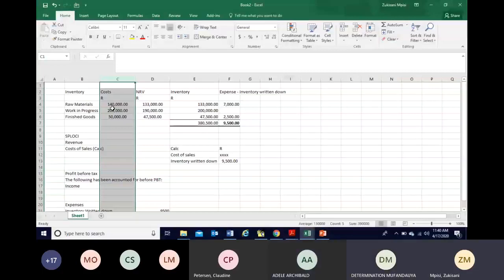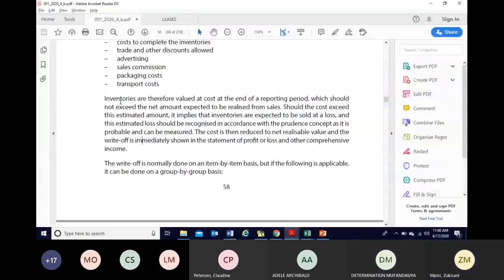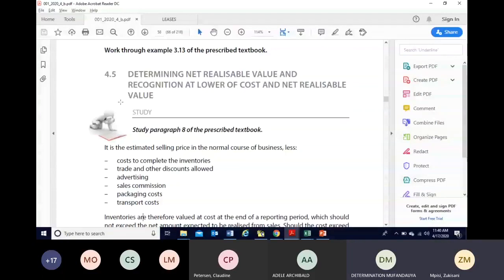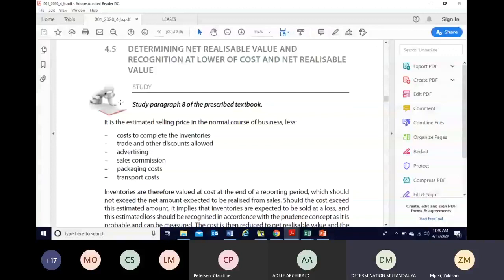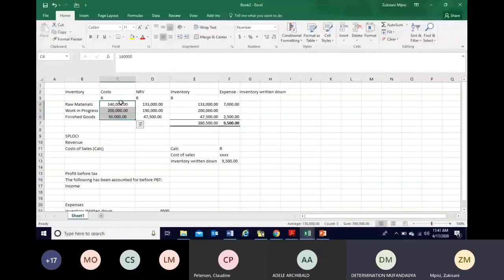So you've got your cost made up, and then you are told that your net realizable value has been decided by the directors at year end, that the inventories will be sold now at selling price less cost to sell. So just to remind you, let us go back and look at the definition of net realizable value. In 4.5, we're told that it is the estimated selling price in the normal course of business. So which means the directors in note number 4 have decided that, in terms of the market conditions they have seen, these inventories that have been produced in the manufacturing will now be sold